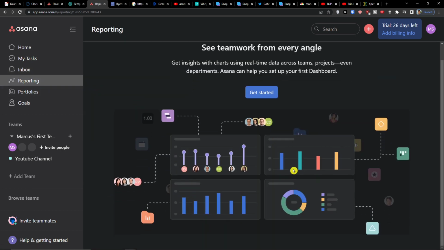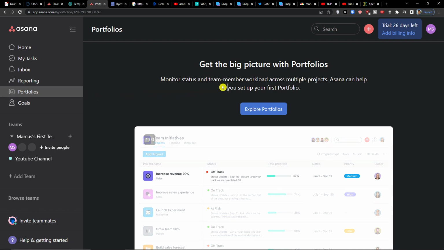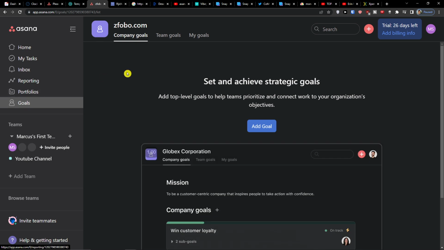Reporting. We will get to reporting and how we can use it. Portfolio. Monitor status and team member workload across multiple projects. Asana can help you set up your first portfolio. I'm going to teach you how we can use it and also combine it with goals. We will get to it at the end of the video, but first we are going to create together